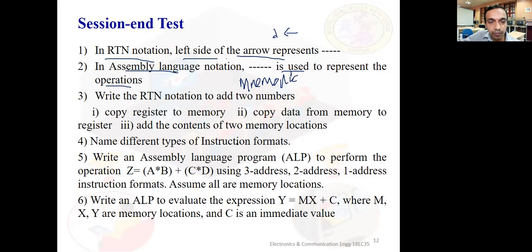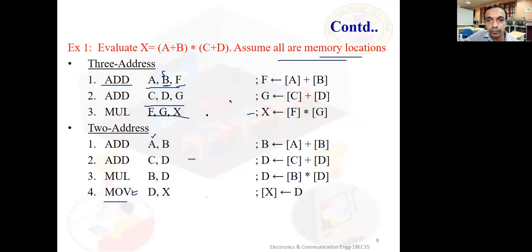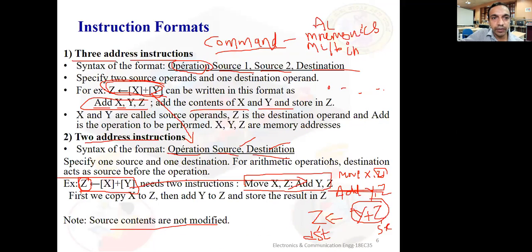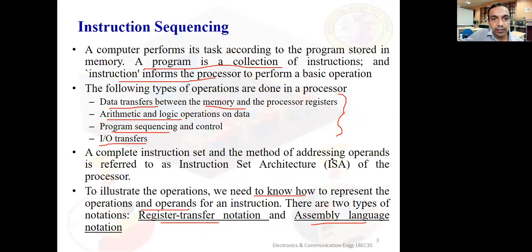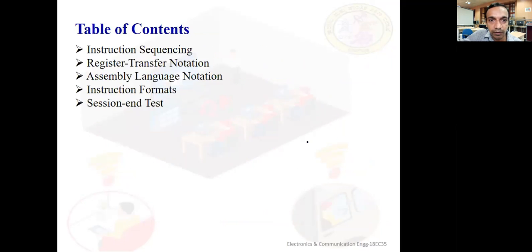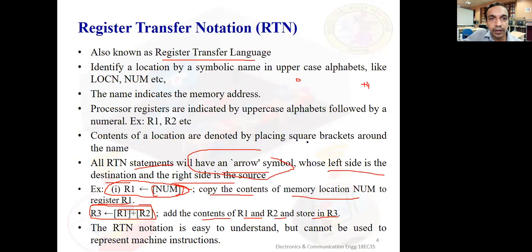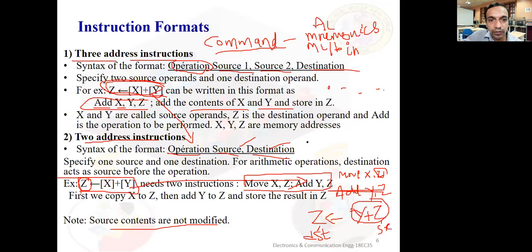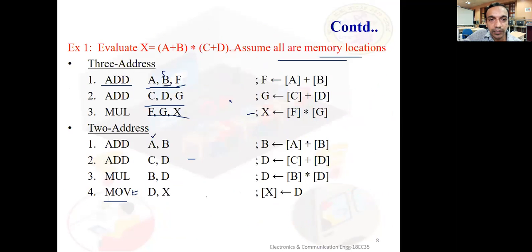I have also given you some simple programs to practice based on what we have written here, so that you'll be more comfortable using the 3 instruction, 2 instruction and 1 instruction formats. Just to recap, we started with instruction sequencing. That means all your instructions and data are stored in consecutive locations in memory. And then we identified what register transfer notation and assembly language notation are, and what the different instruction formats are